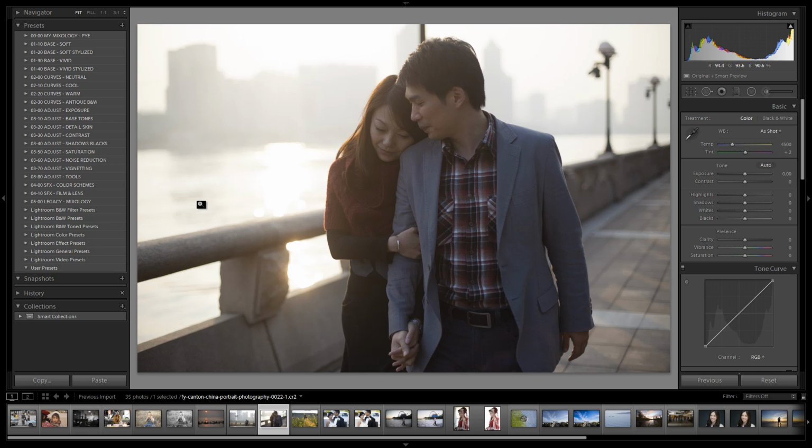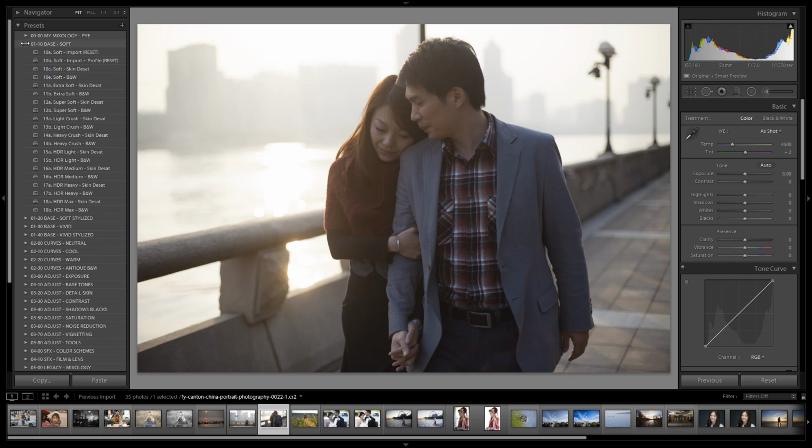Up until this point, we've basically just been using our base presets, our base soft presets with different examples of portraits. And again, the base presets are great foundational presets that are one-click presets that you can just get to a finished look right away. But we haven't yet shown you the real strength in the Lightroom preset system, and that is in really following the BCAS system to developing. So starting with our base and then adding a curve and then making adjustments and special effects and so forth. We're going to start doing that now. We're going to be creating different mixologies and so forth, and kind of just teaching you the ropes of how